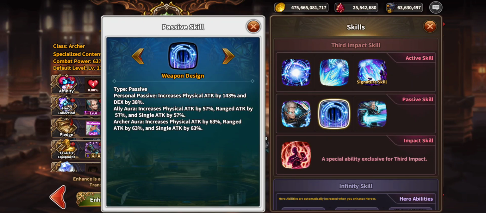Weapon design. Personal passive is increased physical attack by 143% and DEX by 38%. Ally Aura increased physical attack by 57%, ranged attack by 57%, and single attack by the same percentage, which is really awesome. I mean, that's all definitely needed for sure. And this is just his passive. That's quite wonderful. And it says Archer Aura increased physical attack by 63%, ranged attack by the same percentage, and single attack by the same percentage,